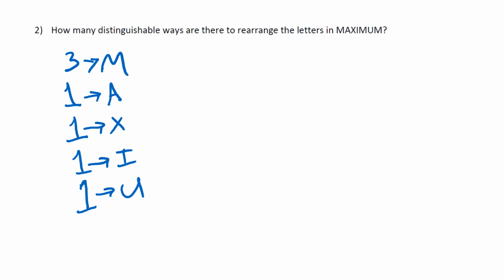All right. So what's going to happen here is if we pick an M the first time, there's 3 different M's to choose from. So this complicates what we're doing. You might think, oh, there's 7 letters, just do 7 factorial. And that's not quite the case. You do your 7 factorial to rearrange the letters if these are separate blocks. But then amongst those blocks, you've got the 3 M's. You can rearrange the 3 M's here. So you really get 7 factorial divided by 3 factorial here. And this 3 factorial is really,